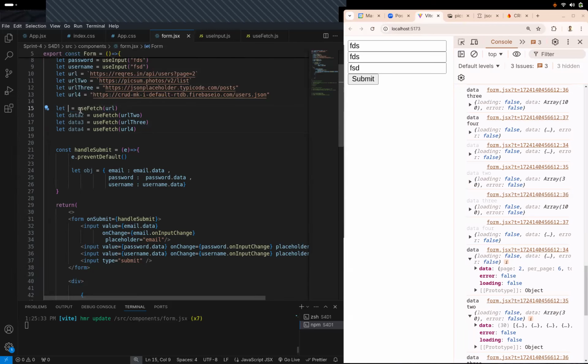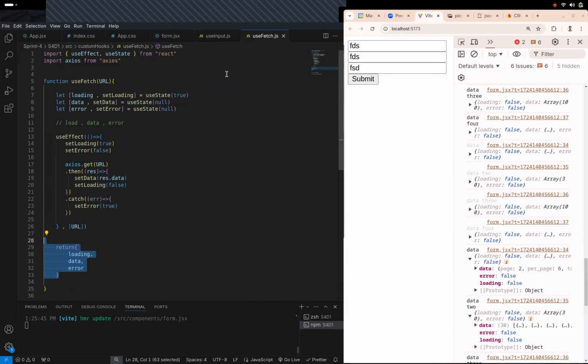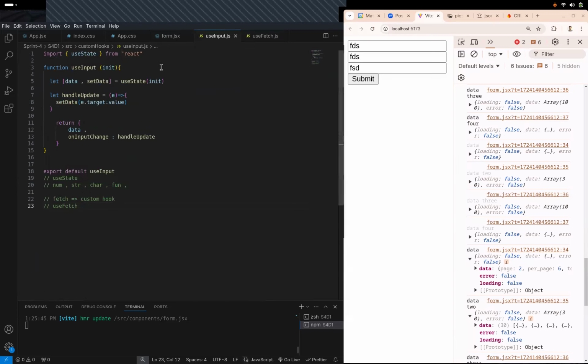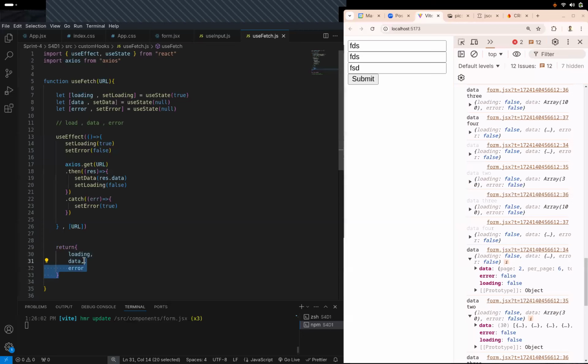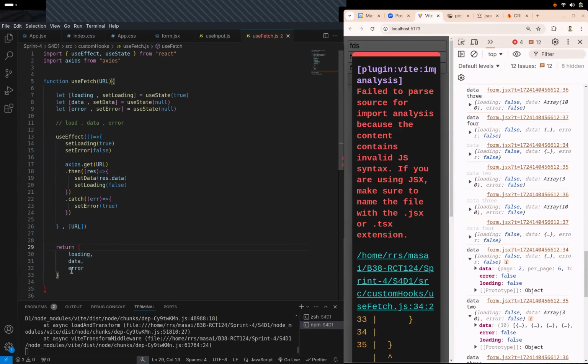Can we do a bit of destructuring over here? Right? Loading, error, and all. Okay, so in the form we can do loading, error. Oh, one second. Yeah, I forgot it quickly. Data and error. Right? Is anyone stopping you from returning it as an array? Is anyone stopping you? Is the function stopping you? If you want to do it like your useState,